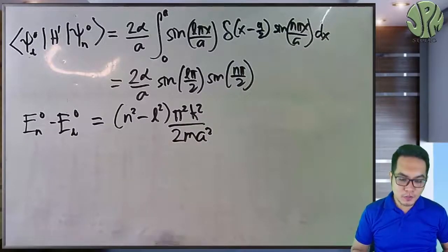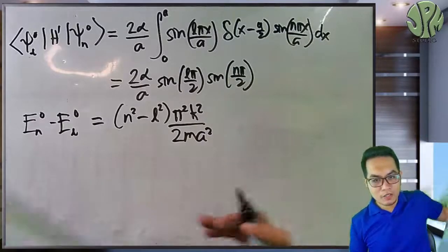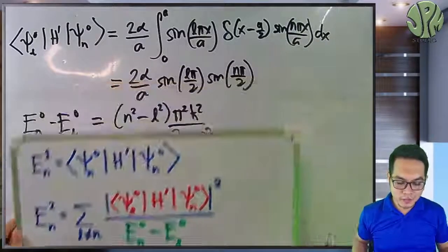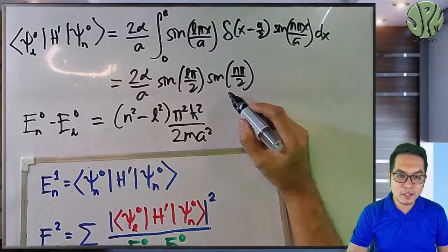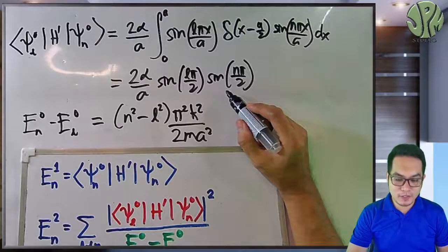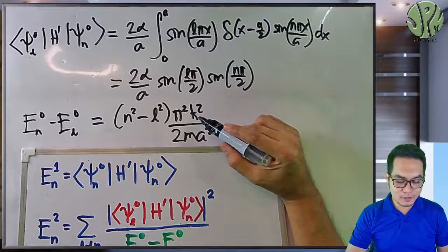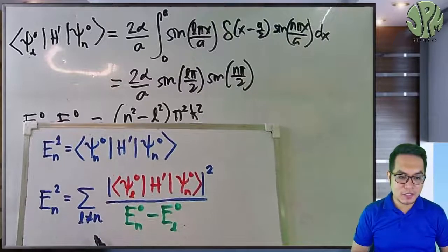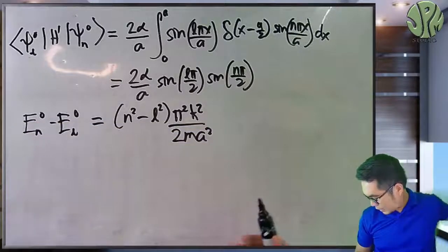So you substitute this and this to our equation here. So you take the absolute value square of this. Since this doesn't contain any imaginary components, then it's basically just the square of this. So you square this one divided by this one, and you take the summation for L not equal to n, and you will get